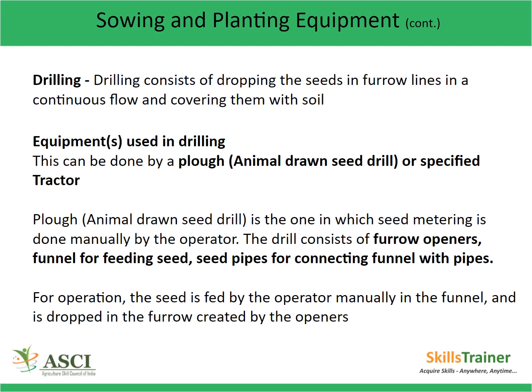Drilling. Drilling consists of dropping the seeds in furrow lines in a continuous flow and covering them with soil. Equipment used in drilling. This can be done by a plow, which is an animal drawn seed drill, or a specified tractor. Plow is the one in which seed metering is done manually by the operator. The drill consists of furrow openers, a funnel for feeding seed, and pipes for connecting the funnel with the openers. For operation, the seed is fed by the operator manually in the funnel and is dropped in the furrow created